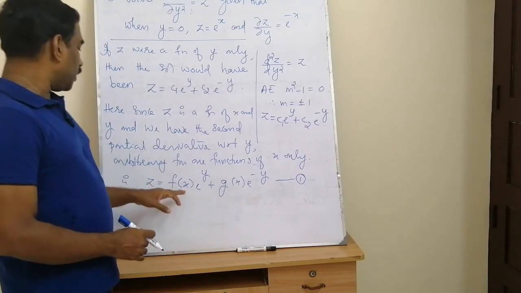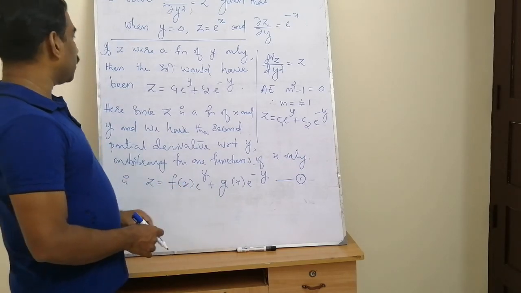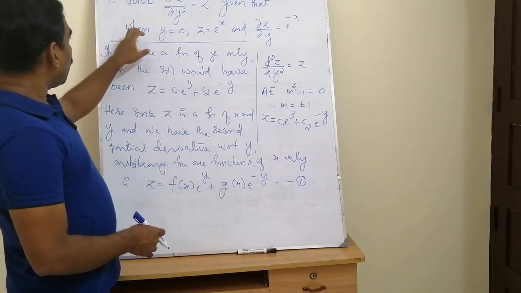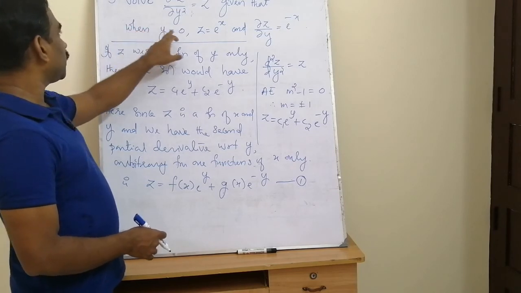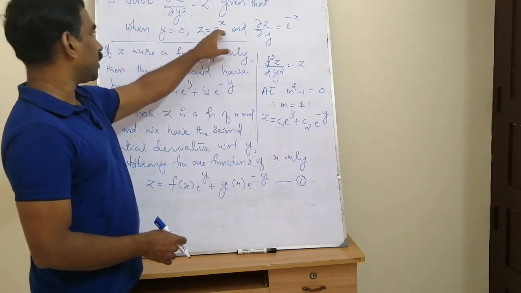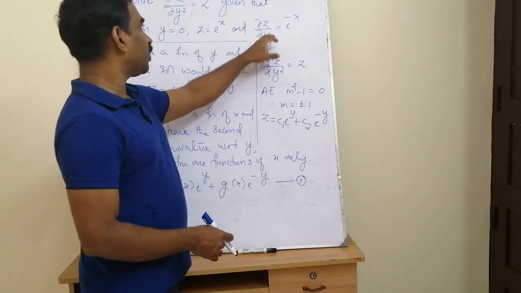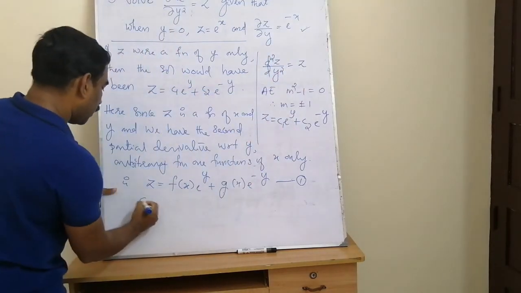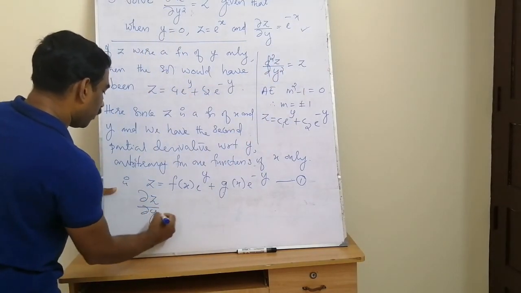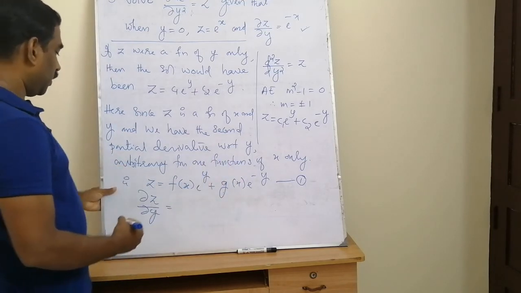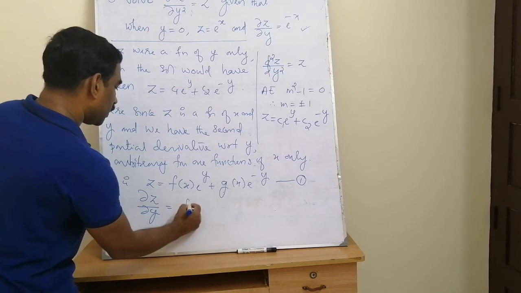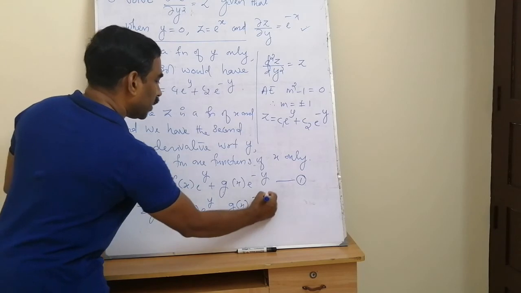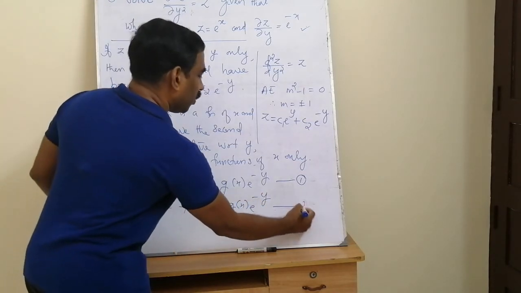So that is the general solution of the given partial differential equation containing two arbitrary functions. Now we have some condition. The condition is, when y equal to 0, the value of z is e raised to x, and simultaneously its partial derivative with respect to y becomes e raised to minus x. So in order to apply this condition, we have to consider one more equation, dou z by dou y. Differentiating that general solution with respect to y, dou z by dou y is f of x into e raised to y minus g of x into e raised to minus y. So that is the derivative of equation number 1. We call it equation number 2.